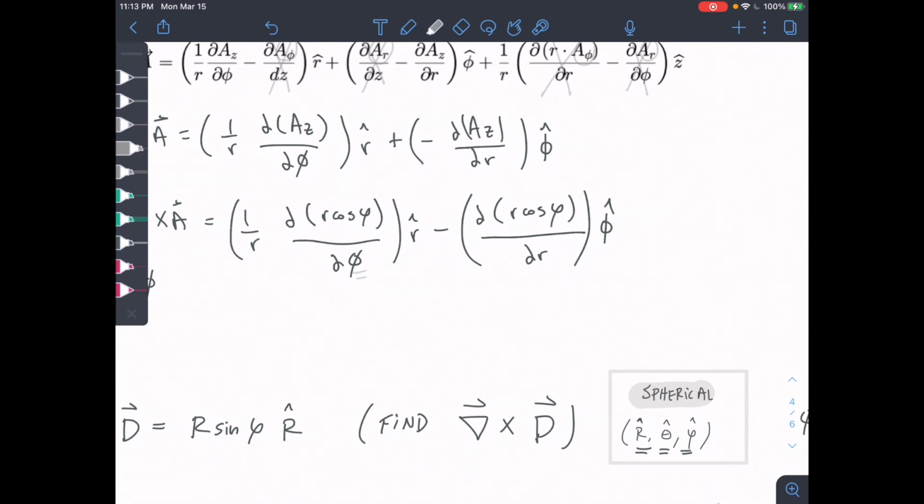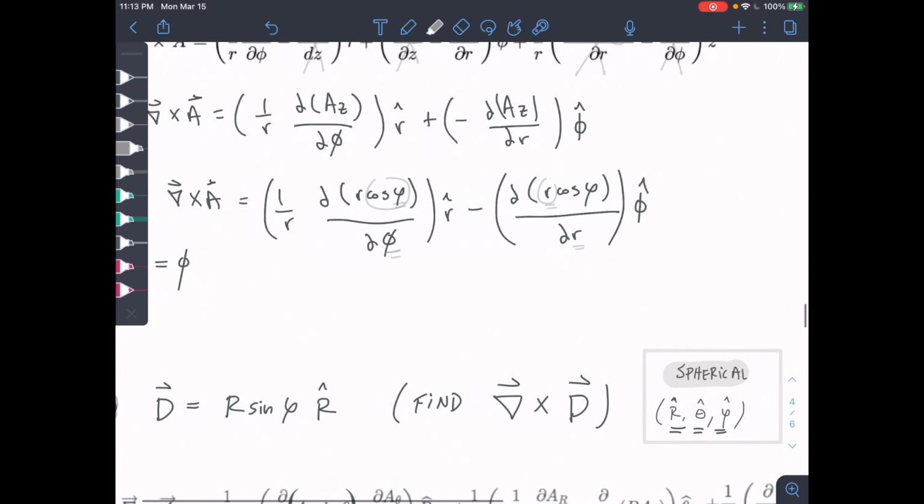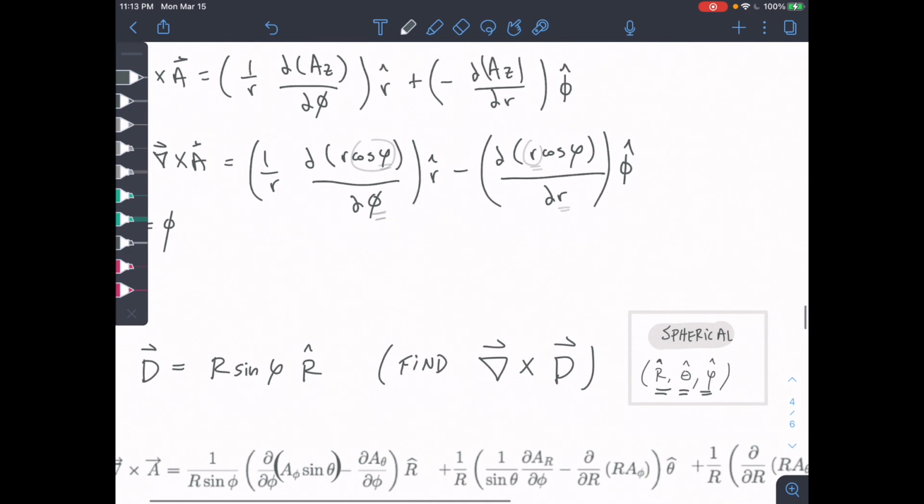Well, we have d phi, and then we have a phi piece, and then we have dr, and we have an r piece. Anything that's not a piece related to the denominator, we can treat as constant and pull out of the expression. I think it makes it a little easier to see what's going on. Let's go ahead and do that. So we have 1 over r, and then we're going to pull the piece that's not related to